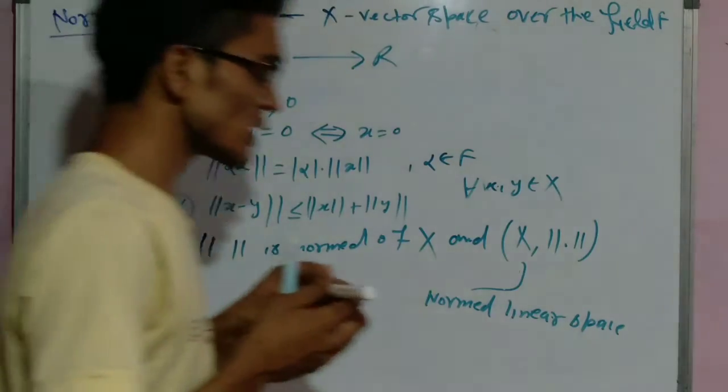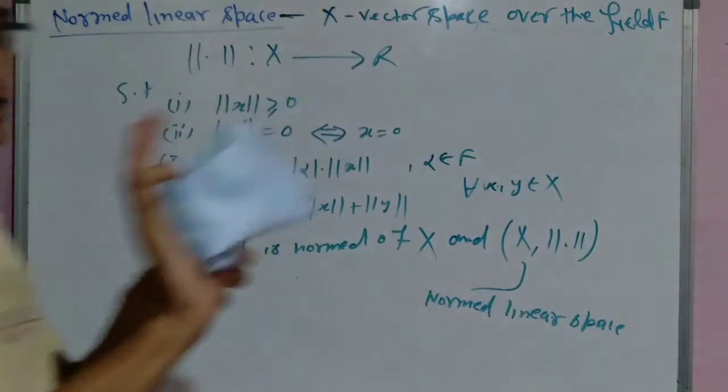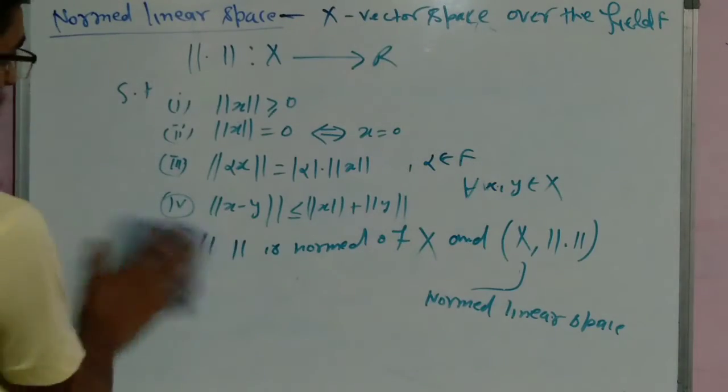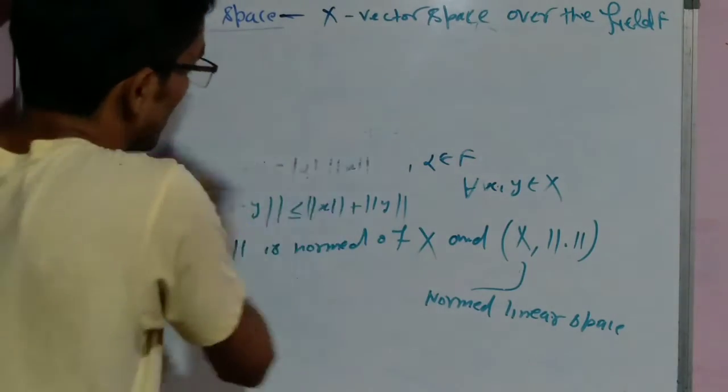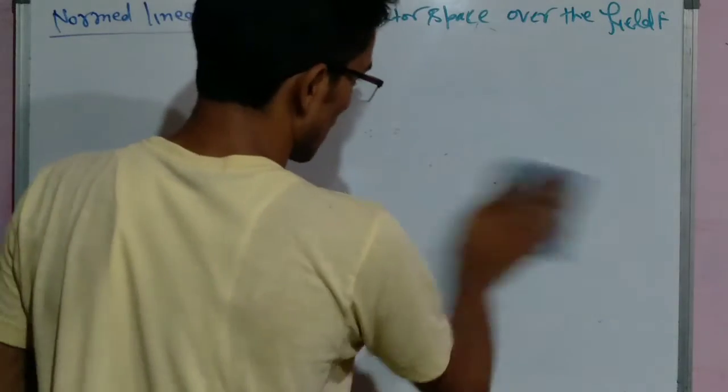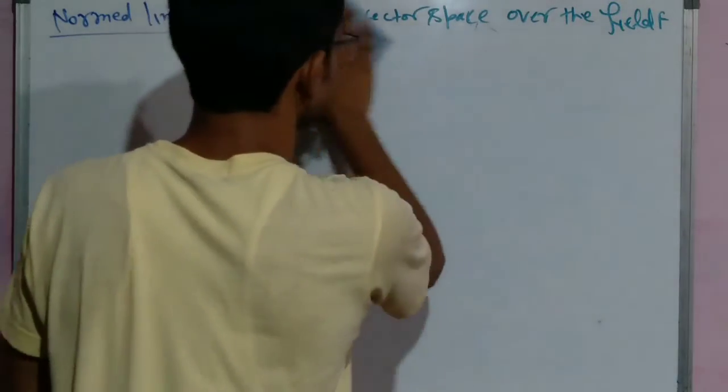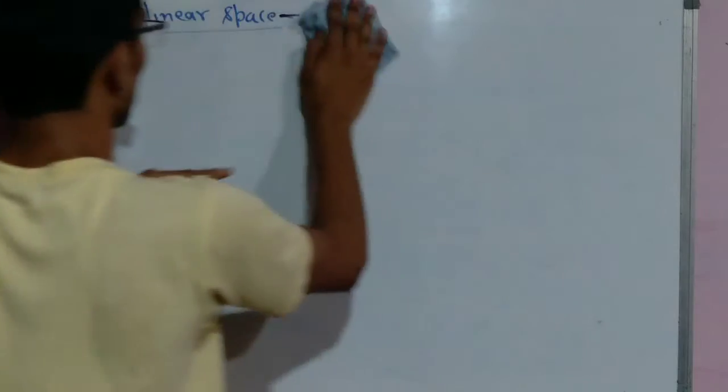We will talk about some important examples. We know that all the normed spaces are vector spaces. So we will talk about some examples of the normed linear space. Example number one: if we take X equal to Rn,